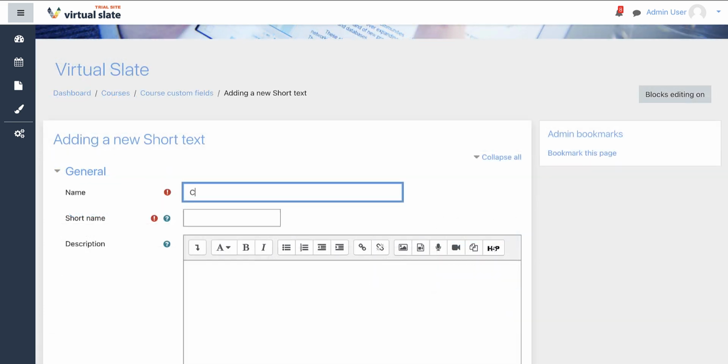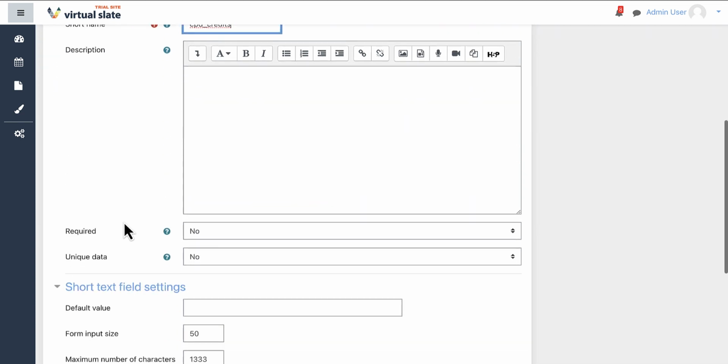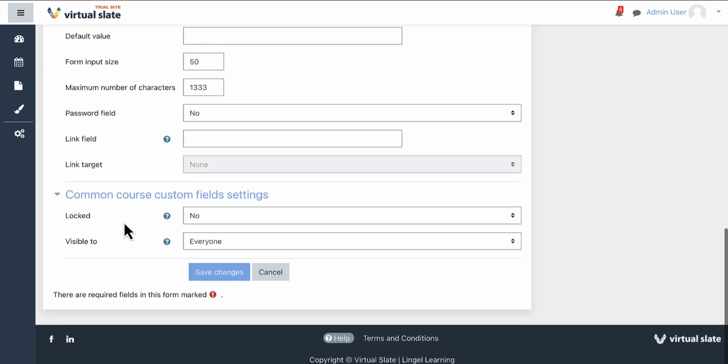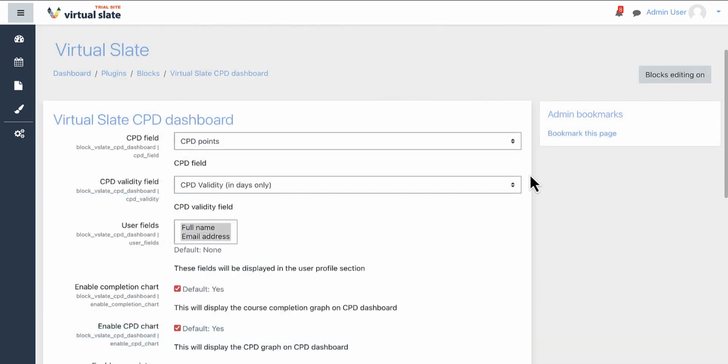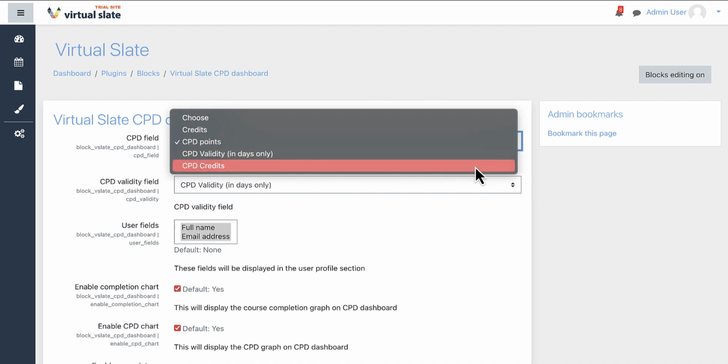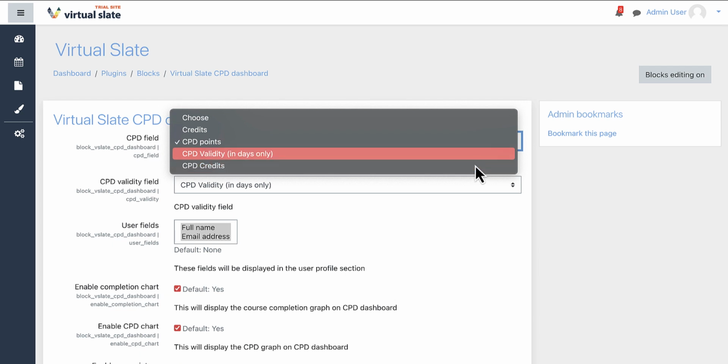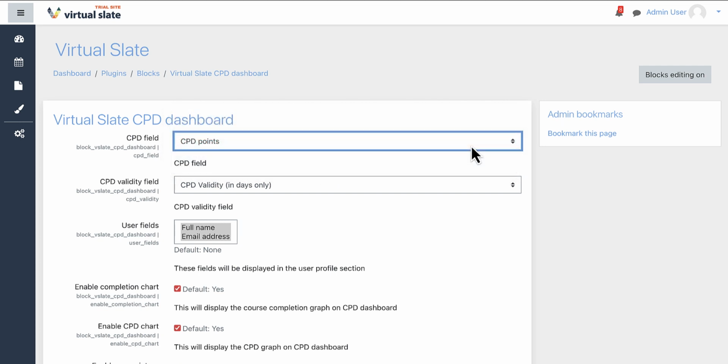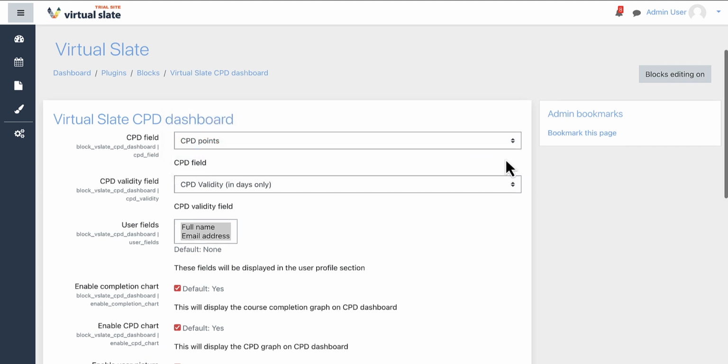On the following page, you can provide the required name and short name for the field and set the additional field settings to your preference. Once this custom course field has been created, navigating back to the plugin settings page, this field will now be available for selection within the drop-down menu. For the sake of this video, we will be using the default CPD point fields that are created with the